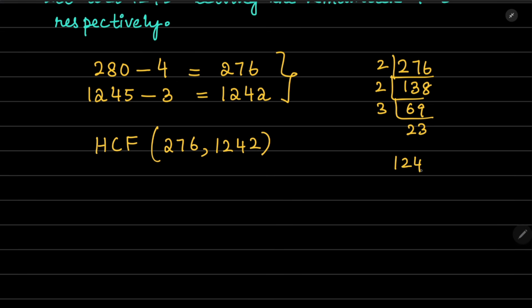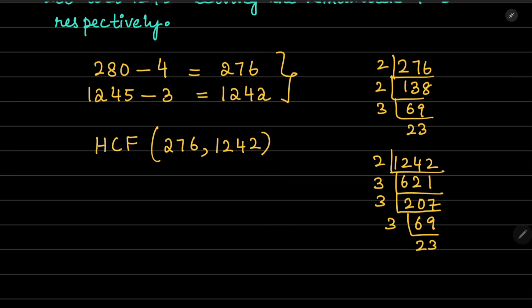And then 1242, start from the lowest prime number, that is 2. 2 sixes are 12, 2 twos are 4, 2 ones are 2. Okay, and then let's go with 3. 3 twos are 6, 3 sevens are 21. Again 3 sixes are 18, 3 nines are 27, again 3 twos are 6, 3 threes are 9. Okay, so the prime factorization